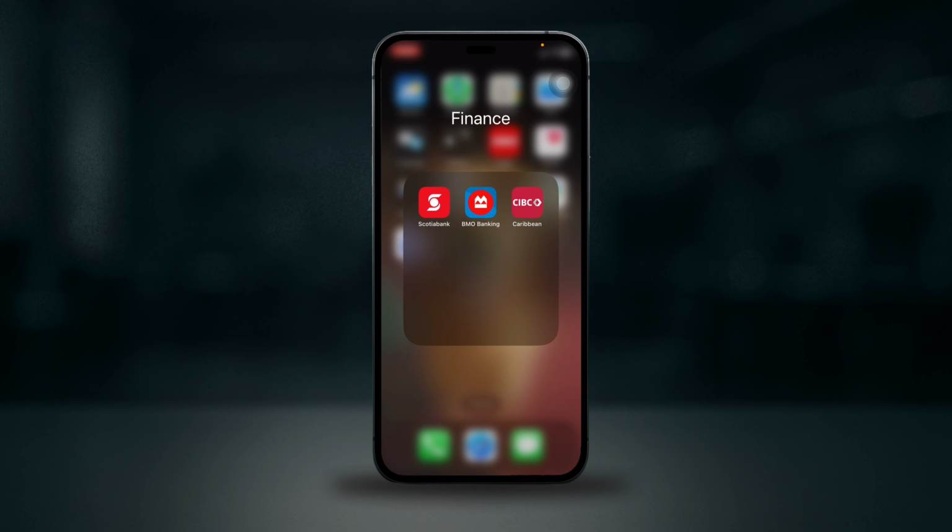Hey everyone, welcome back. To enable Face ID or fingerprint in the CIBC app, first you're going to go ahead